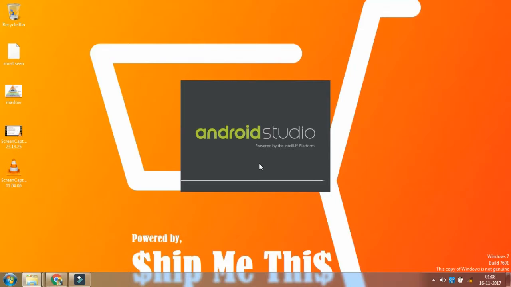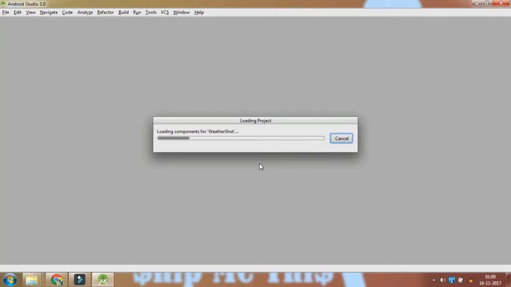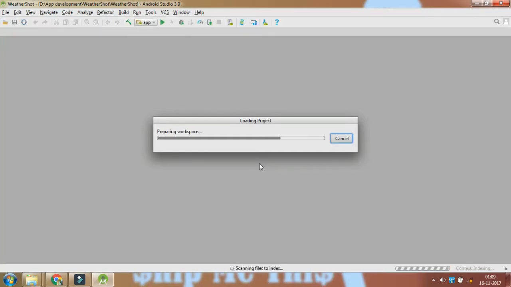So Android Studio is starting up. I like the logo. The logo is different, and just loading nicely. I like the interface. And 2.3.3 was loading very slowly. So I already added an app, so it's loading there. Let's see. Okay, the workspace. This is the workspace.